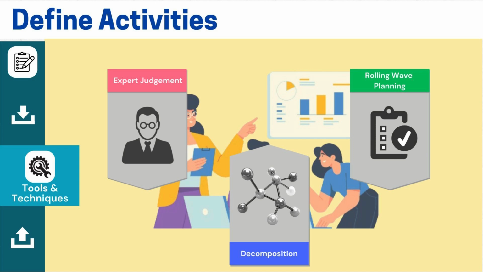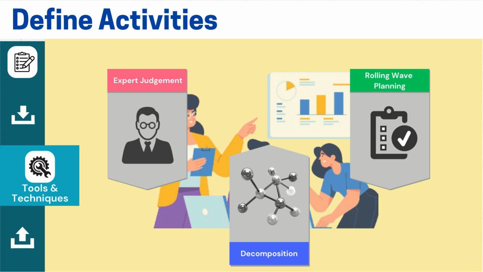Similarly, we can also use the technique called rolling wave planning. Rolling wave planning and progressive elaboration go hand in hand. As we progress with the project, things unfold and we gather more information about phases, milestones, requirements, scope, etc. Rolling wave planning means using the available information today to do detailed planning for the next 1 or 2 months, while for information we don't yet have, we conduct high-level planning for 3 or 4 months ahead. This way, detailed planning is done for shorter time frames, like 15 days to 3 months, while high-level planning is done for the rest of the timeline. That is rolling wave planning.